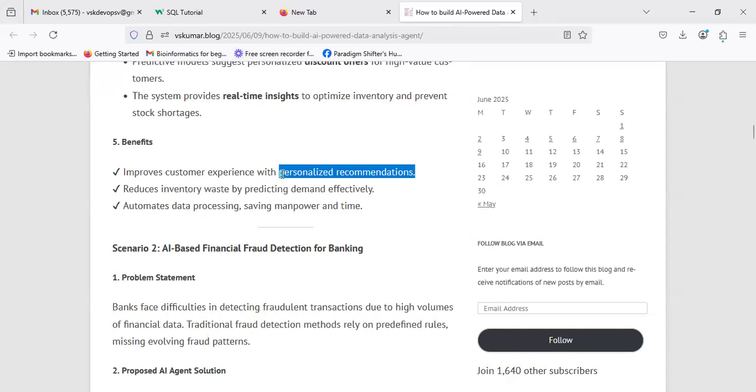So it improves customer experience with personalization recommendations, and it reduces inventory waste by predicting demand effectively. It means you are not only getting the lead, you are getting the purchase immediately from the customer because of the personalized, attractive video. Then it reduces inventory waste by predicting demand effectively. Of course, it automates data processing,